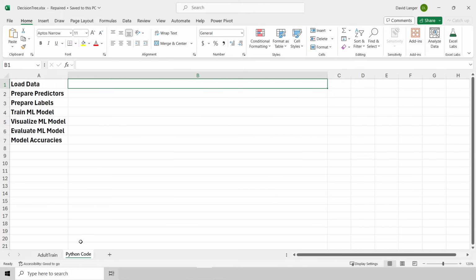So I'm not going to make you watch me type out Python code. So I'm going to go ahead and copy and paste in code for each of these cells. All right, so first up, we need to load our data. We need to load our data out of that Excel table and into Python and Excel so we can do cool things with it like train a machine learning model. So how we do that